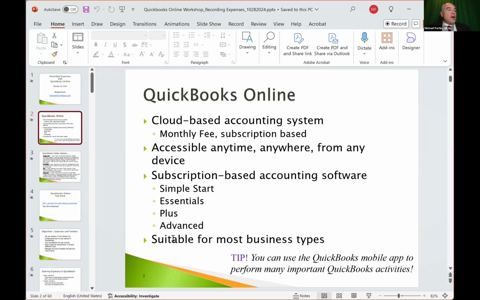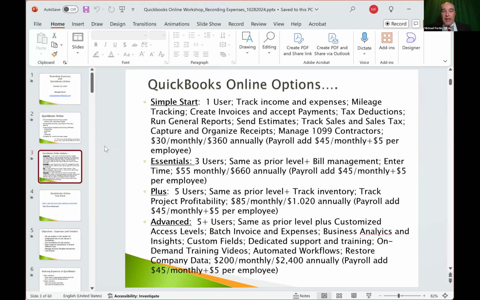So whether you're a nonprofit or a service-based business or product-based business, you can use QuickBooks Online for any of those ventures. There's a lot of information on here, but it very simply lays out the 4 different levels.